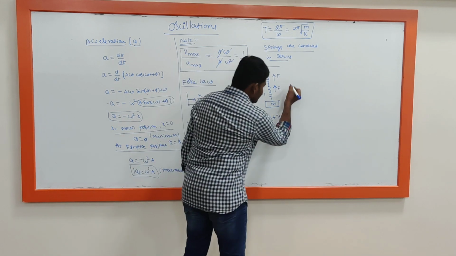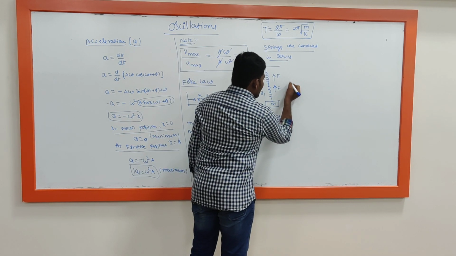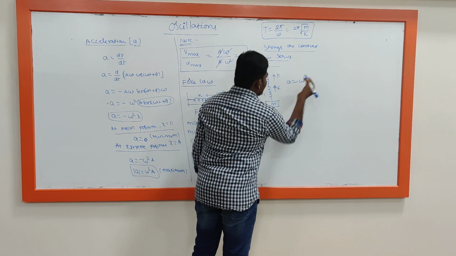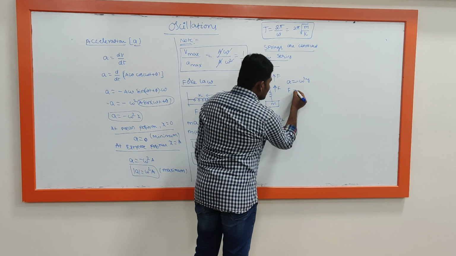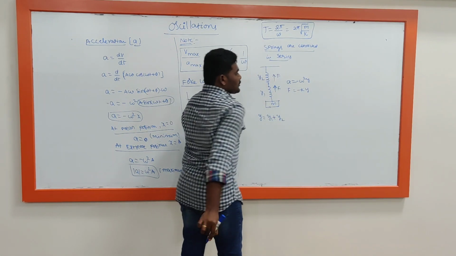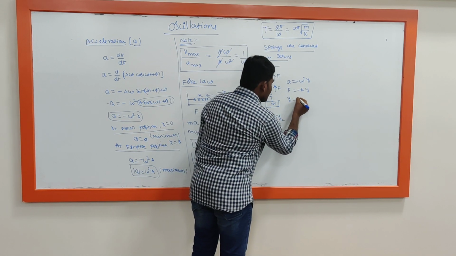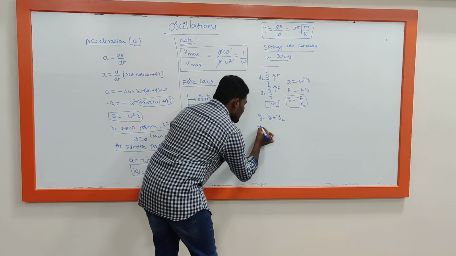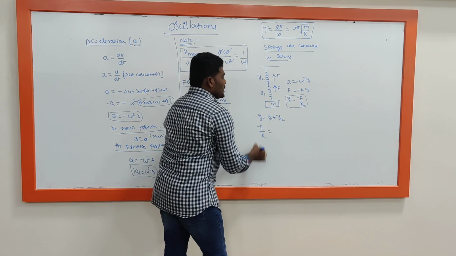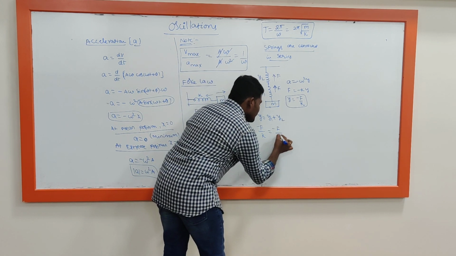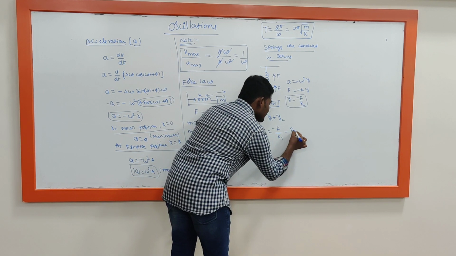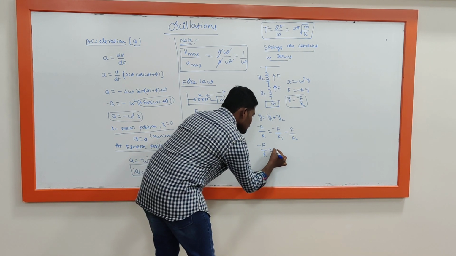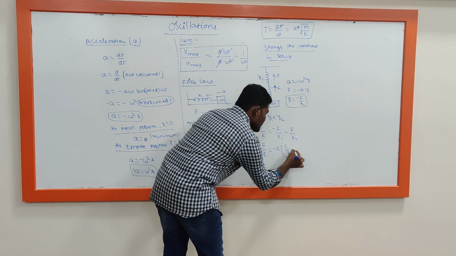So we know the acceleration of a particle a equal to minus omega square y, and F equal to minus k into y, otherwise minus k into x. So then y equal to, I am writing, minus F by k. So if you write y equal to minus F by k, that is equal to y1 plus y2, you can write minus F by k1 minus F divided by k2. So then you can write minus F by k equal to minus F into 1 by k1 plus 1 by k2.